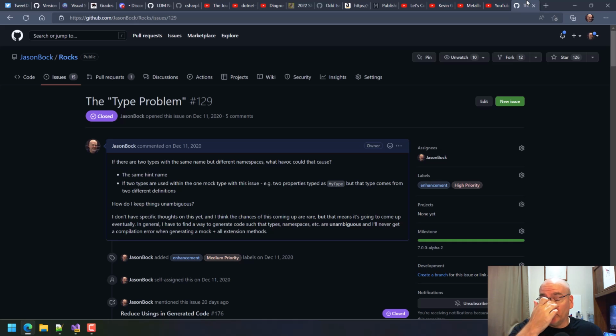So if you look at the code, it's arguably harder to read now, but it's simpler to generate, and it makes things unambiguous. There's a couple spots where I'm using extension methods. So I will emit a couple of using statements. And if those become problems, then you can just call the extension method directly as a static method and pass the object in as the first parameter. So I just made exceptions for a couple of cases, but for the vast amount of stuff now, it's all fully qualified.